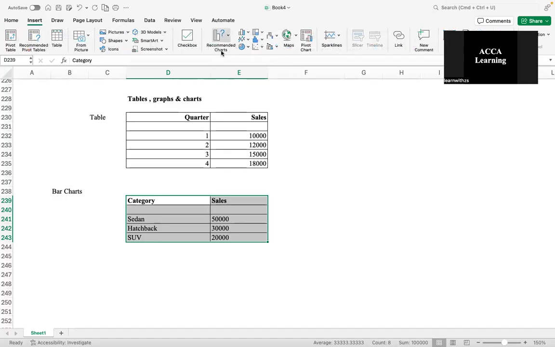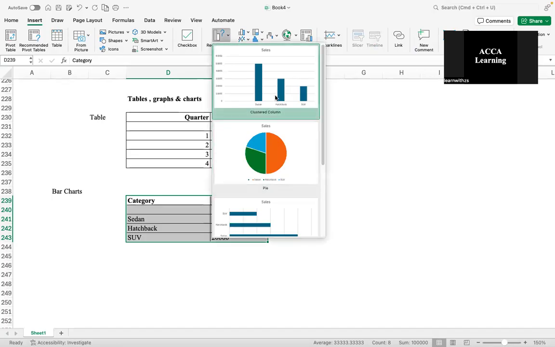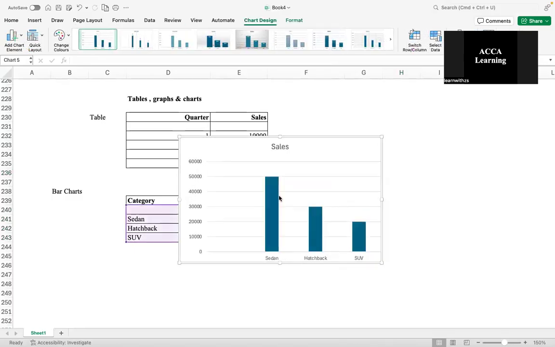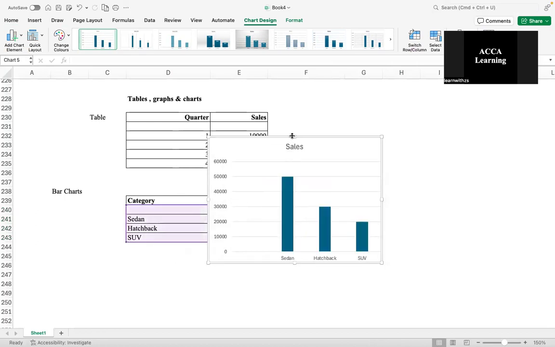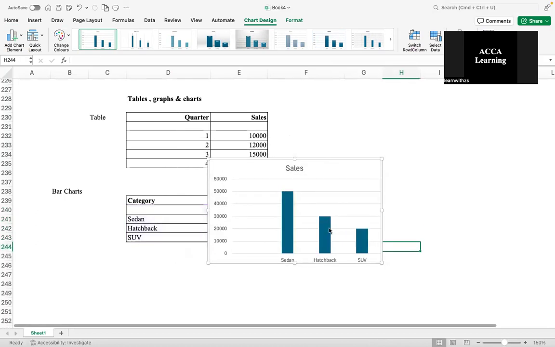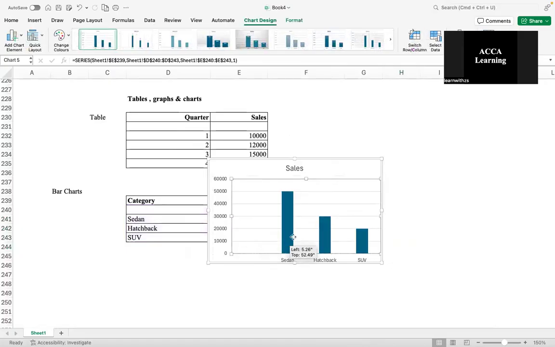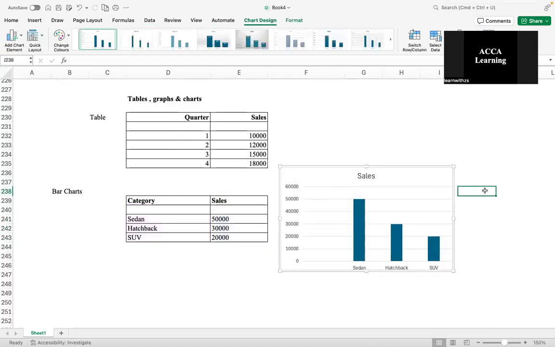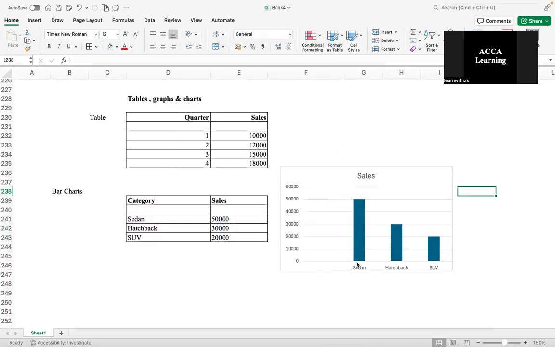A small little graph. Let's put it on this side so that it's easy for you to understand. You can see sedan, which has 50,000 sales, then your hatchback, which has 30,000 sales, and your SUV, which has 20,000